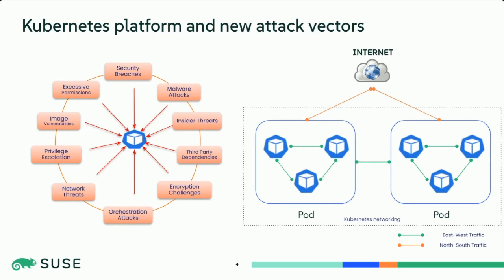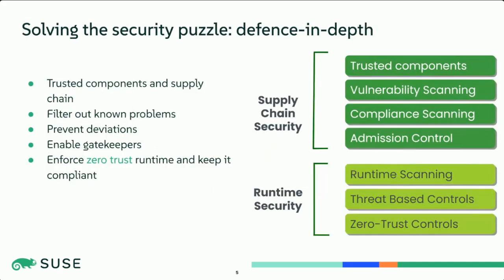All these ephemeral things, aligned with new attack vectors, pose a significant problem for traditional security tools. This is why we see it as an additional problem, totally different to what we see in the standard data center environment. So we thought of this puzzle as something that has to have